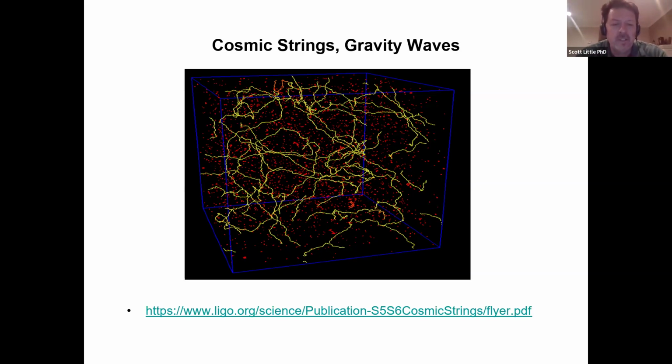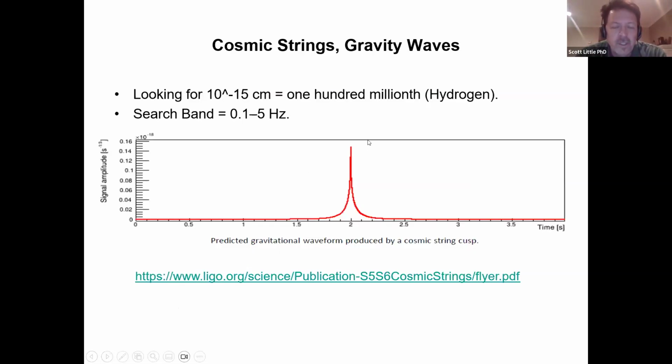So they're using these detectors to look not only for gravitational waves themselves, but for what could be causing them, like colliding black holes or quasars, but also possibly cosmic strings. They look at a bandwidth of about 10 to the negative 15 centimeters, about 100 millionth, and about 1 to 5 hertz, so very slow. They think the cosmic string is going to be somewhere within that gravitational cusp, at about 1 to 5 hertz and 10 to the negative 15 centimeters, because it's really small.